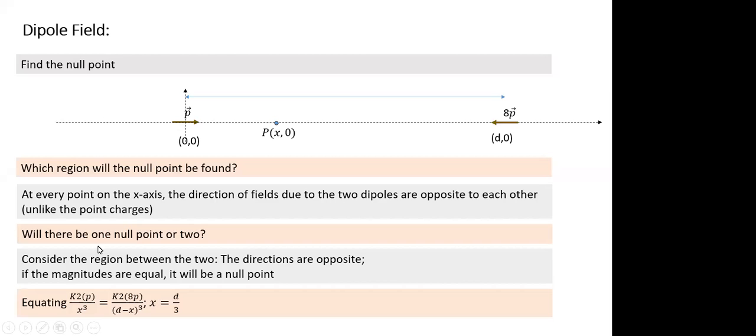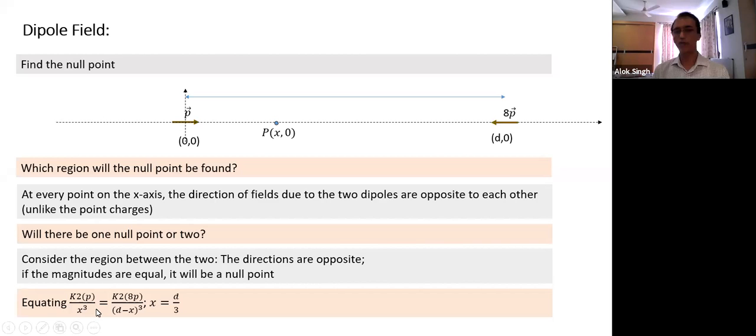So what has to happen here? What we notice is the ratio of distance has to be 1:2. So if I have a point here where the distance from 8p bar is twice the distance from p bar, it will have a null point here. So this is unlike a line pair. Why do we get two null points in case of dipoles? Why not in case of two charged particles?